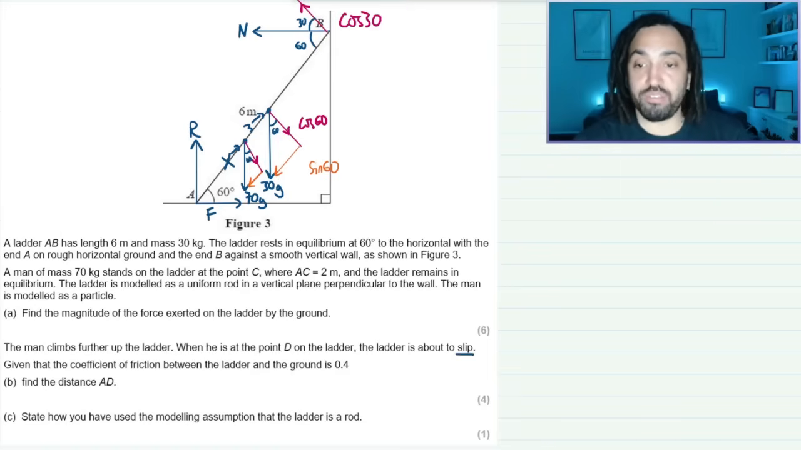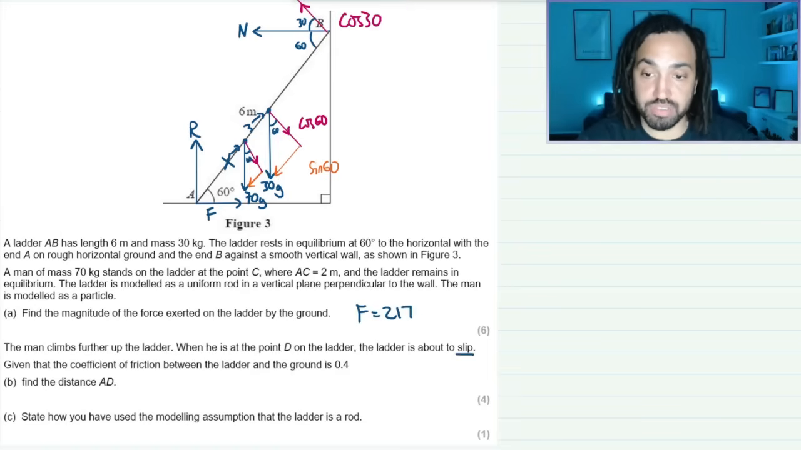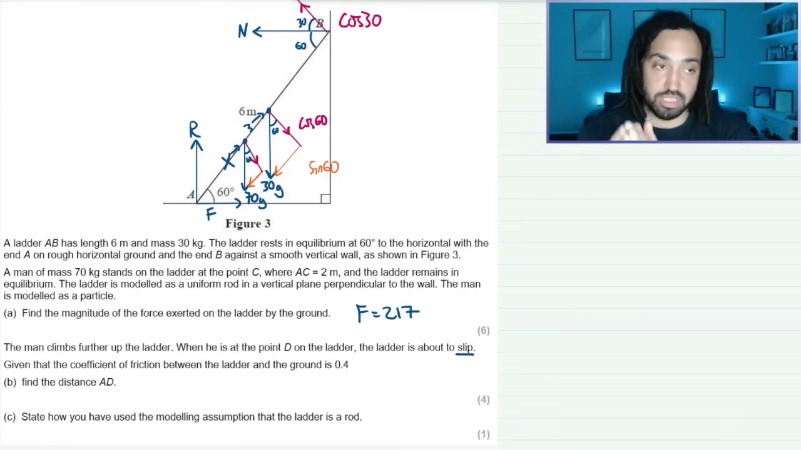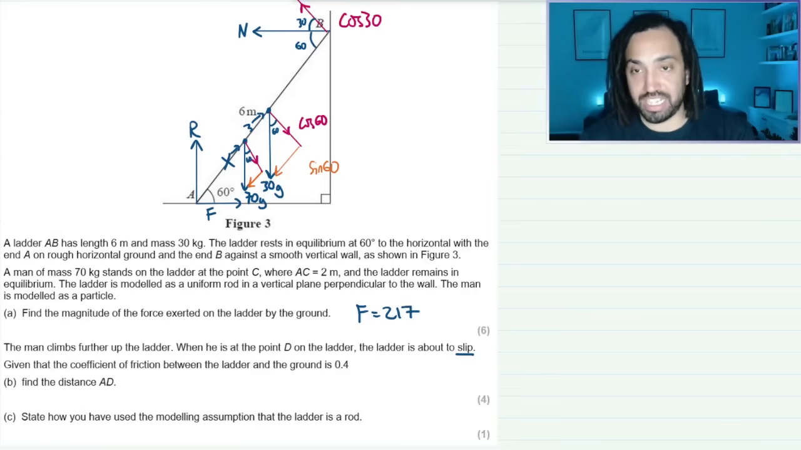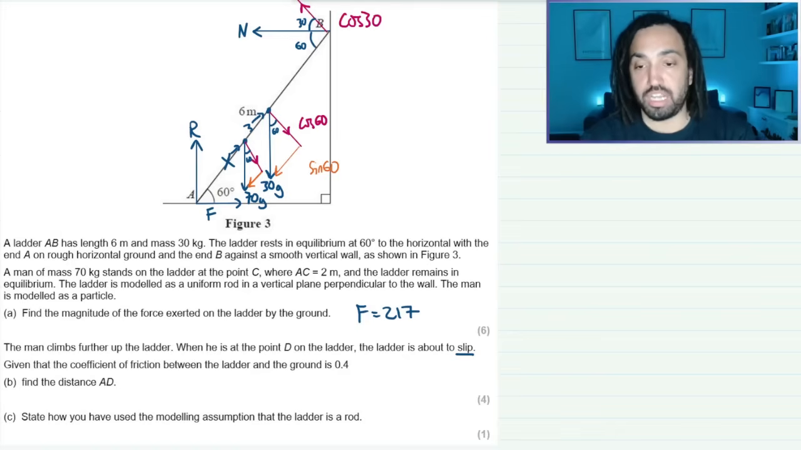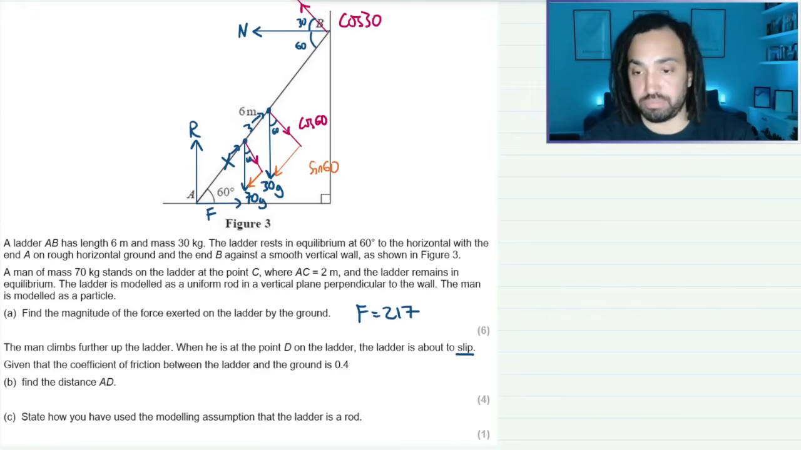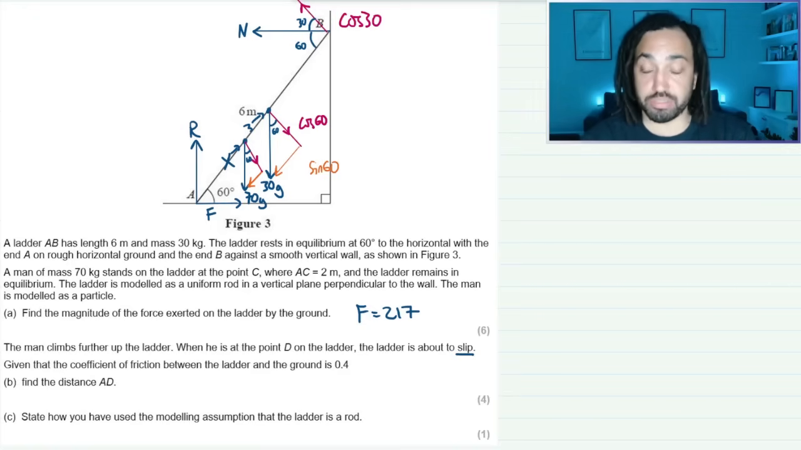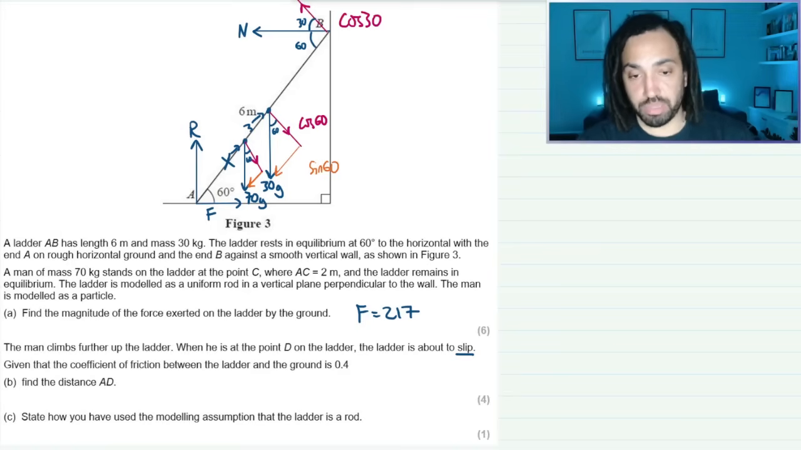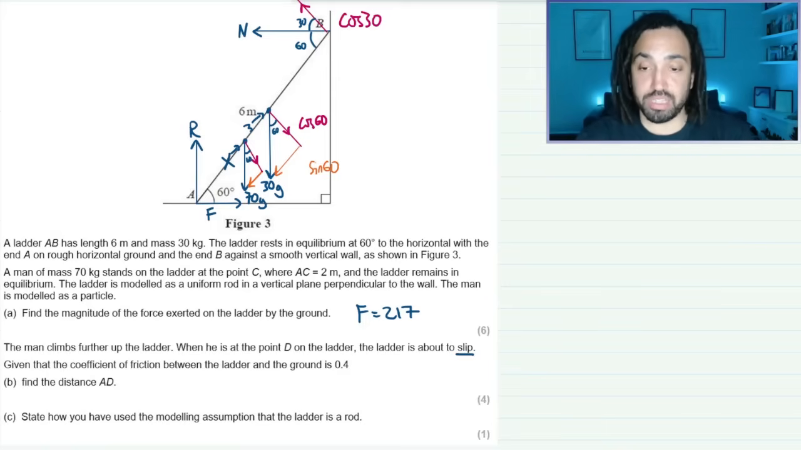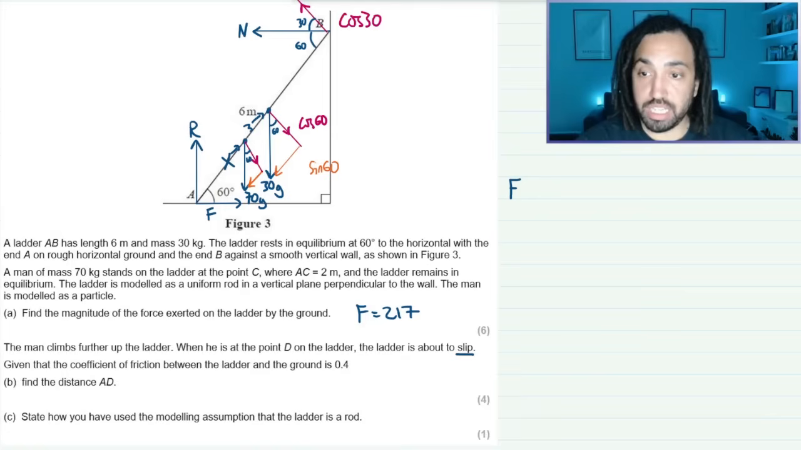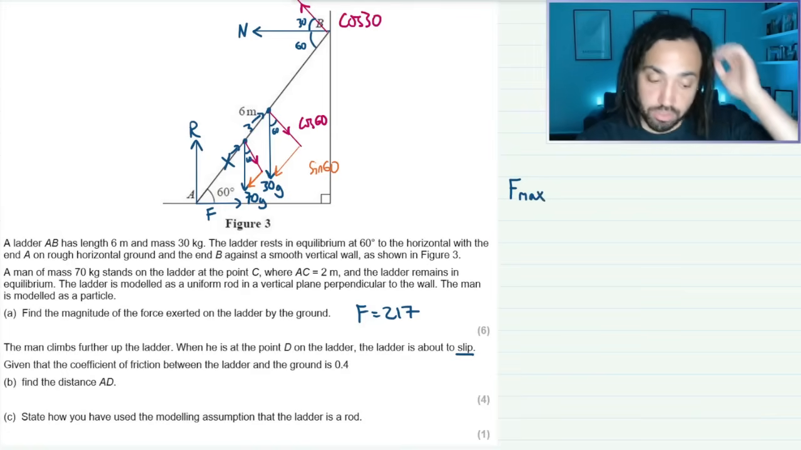Now before we found the frictional force was equal to 217. Now the friction is always lazy. It does exactly the amount that it needs to do. So it's not necessarily the maximum frictional force. So the frictional force will change depending on the situation. So what we need to figure out is what is the maximal frictional force, because this ladder is about to slip, it means that friction must be working its hardest to stop it from slipping. So we need to find the maximal frictional force,